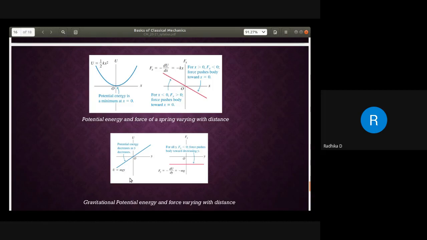Now, this is another example of gravitational potential energy. With respect to distance, it keeps on increasing. So instead of mgh, I have taken it as mgy, where y is the distance. So it keeps on increasing from the lower one to the upper one. It's just an increasing one. If I do the derivative with respect to y, or with respect to that distance, then the resultant is only a constant with a negative sign. So it will lie as a straight line below the axis.